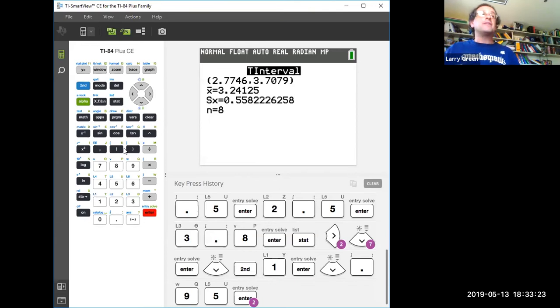And there we have it. So remember I told you the calculator will get you everything we want. The mean was 3.24. The sample standard deviation was about 0.56. Sample size is 8. But now the important numbers here are, I'm going to round to 2 decimals because that's what everyone does for GPAs. When you're doing the assignments on the computer, you should round what they tell you to round. But when you're doing everything else, you should round to what's most reasonable. So we're looking at 2.77 to 3.71.